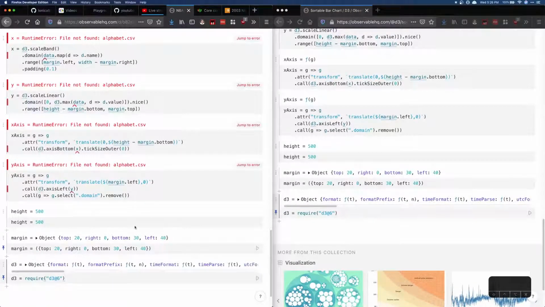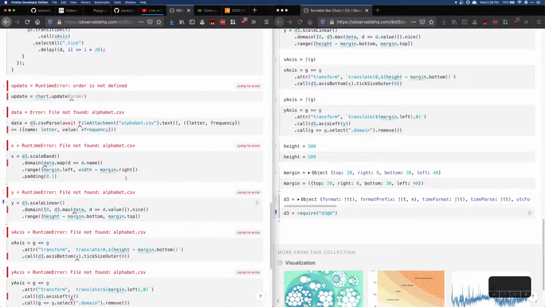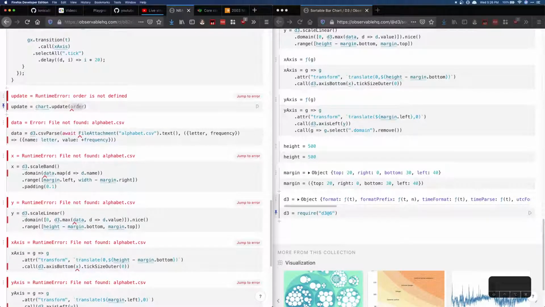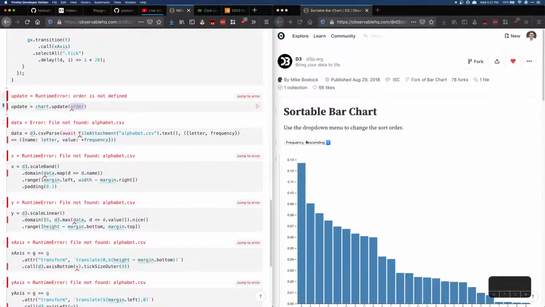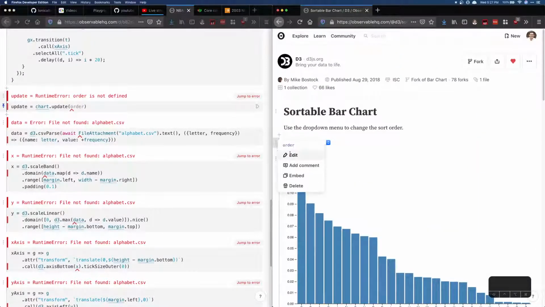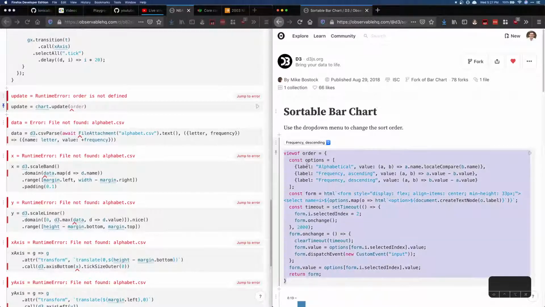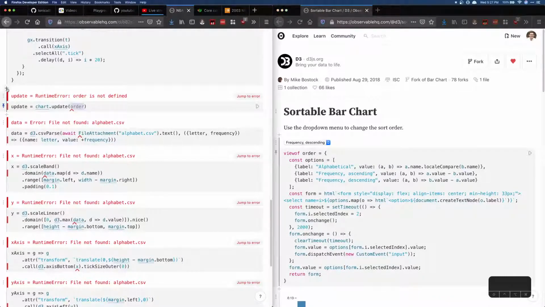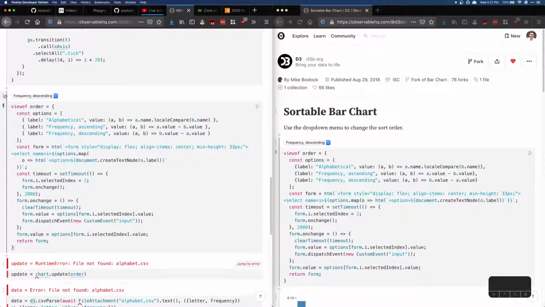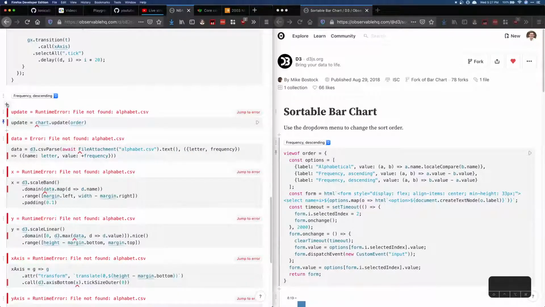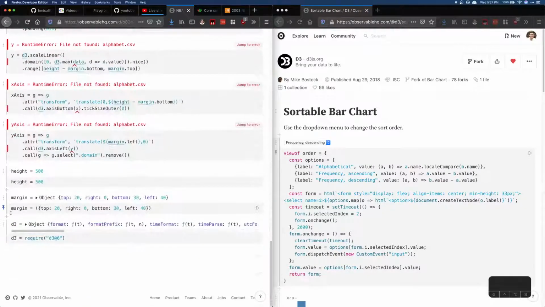Okay, now that that's in, file not found. There we go. Okay, so that's the only one, and now order is not found. This is order. And actually we might be able to use a new Observable feature here. That would be helpful, but for now I'll just copy paste this. So let me pop this in here, and then there we go. I don't have to pin this. A bunch of these I don't have to pin. They're all pinned currently, but